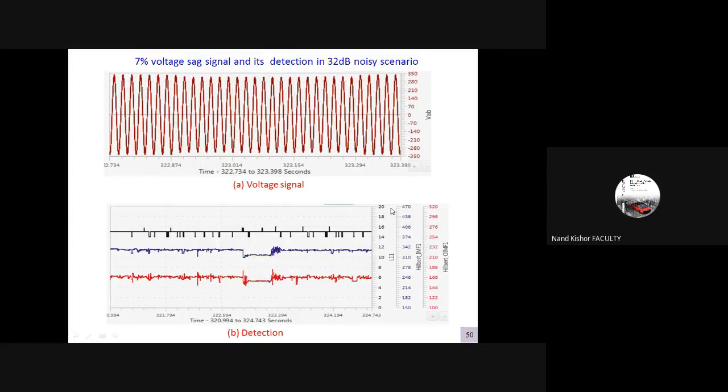And then we did some study with noise added to the same sag signal. This is the voltage profile with the noise added, and in the same way you observe that the wavelet technique fails to detect here. However, the EMD techniques are able to detect the event during which we observe the sag occurrence here. So we can do that.